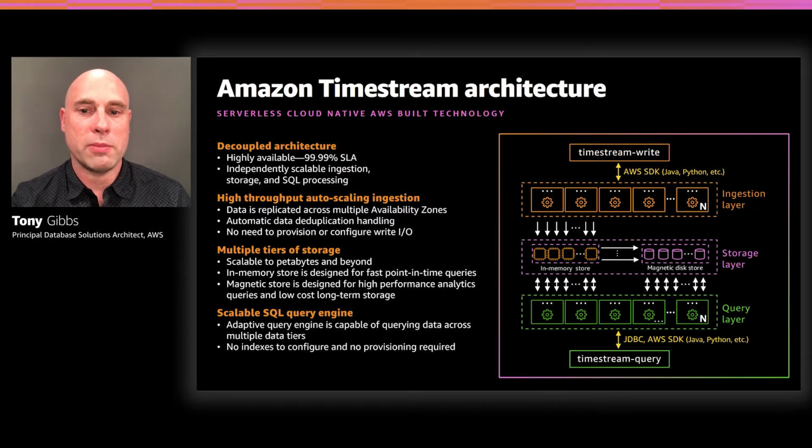So going from the top down here, the Timestream Write is what you're going to use to send data into Timestream. Underneath, that goes into our ingestion layer, which is highly scalable and will scale as you send data in. When you get the 200 OK back from the SDK, that means the data has been safely written across multiple availability zones multiple times, and then we replicate that data down into our